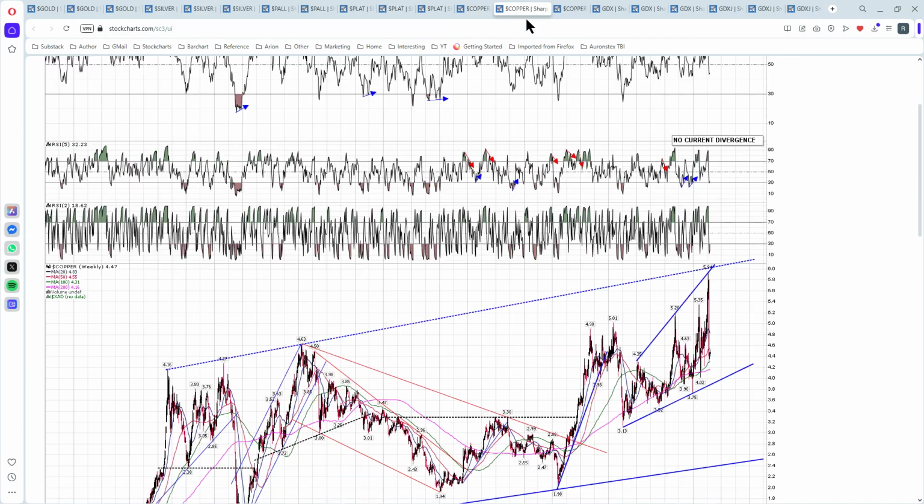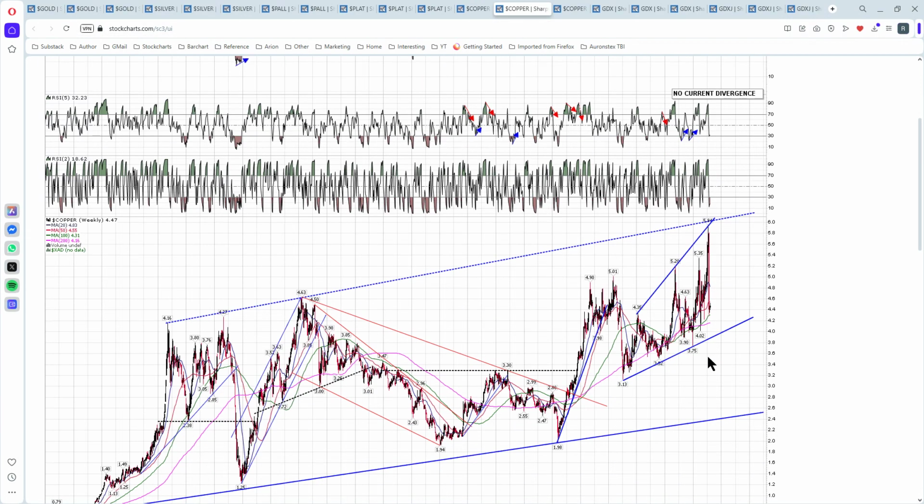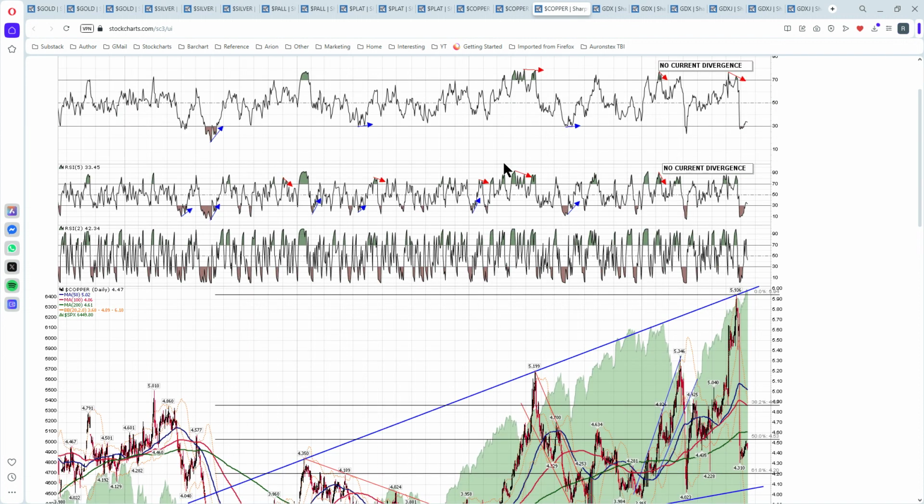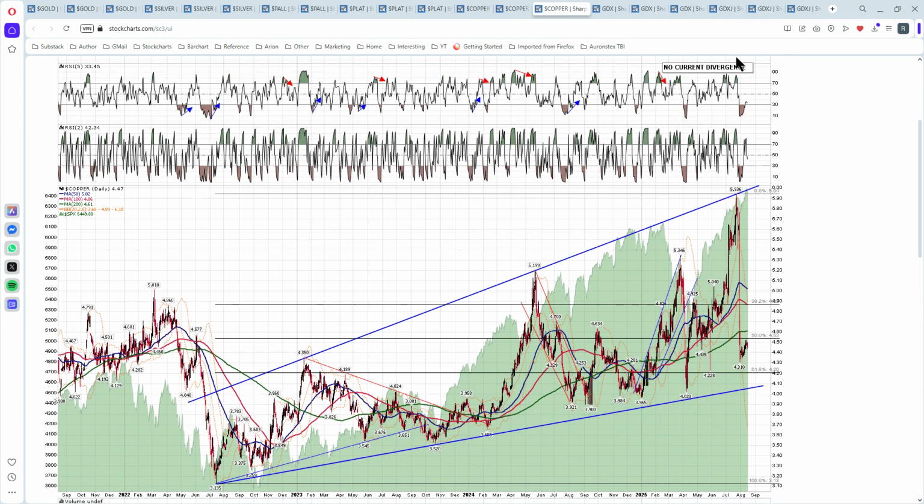Copper, I'm mainly focused in the short term on this trend line here. I am aware of this bigger trend line here down in the 2.4 area and thinking we might make it, but mainly I'm thinking we should make this rising support trend line here in the 3.9 area. Look at the daily chart, no current divergence, RSI 14 sell signal made target suddenly, and